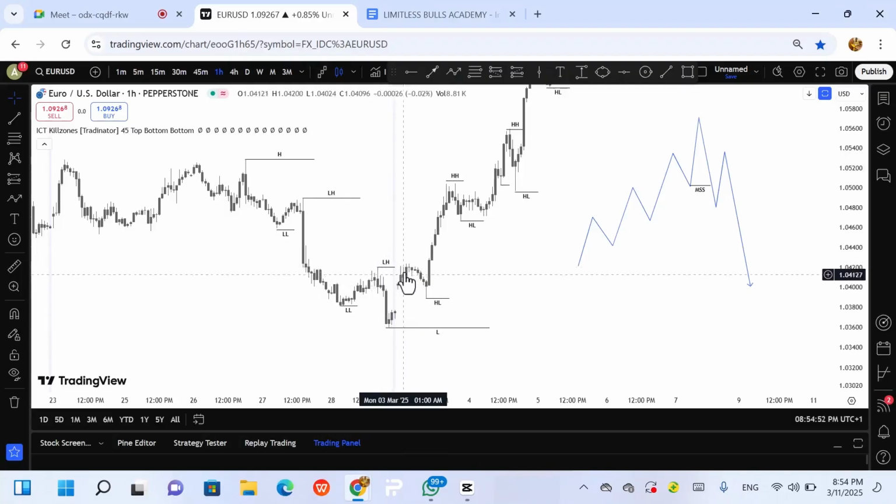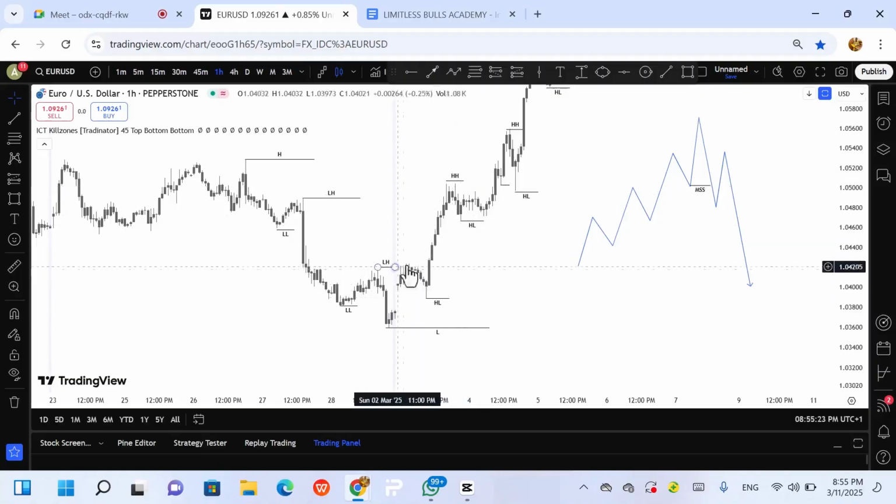So which high are we seeing that market changed character? This high. We cannot call this a break of structure. Why? Because it did not close with a body break around this zone. So we do not call this a break of structure. Rather, it broke around this. It was this candle that broke this high. And if you notice now, we can call this equal highs. So these equal highs were broken by this candle with a good sign of strength. You see the momentum, and it did not even retest, it just kept going up.